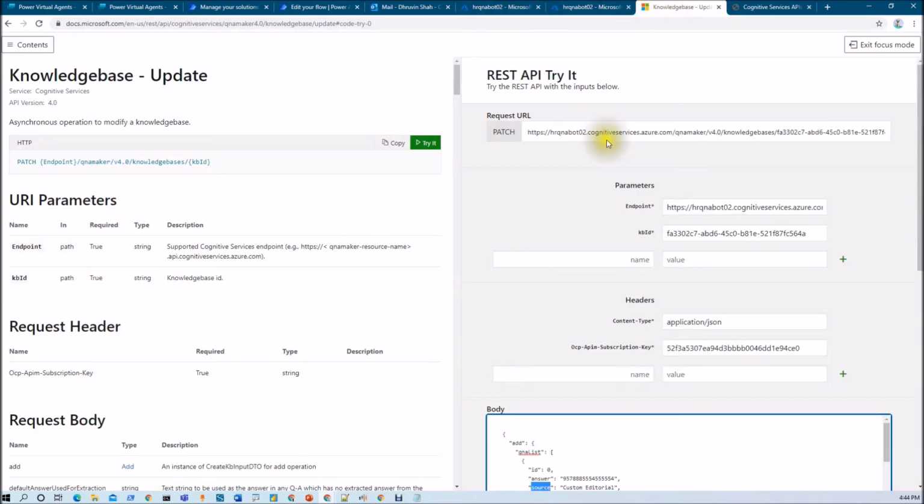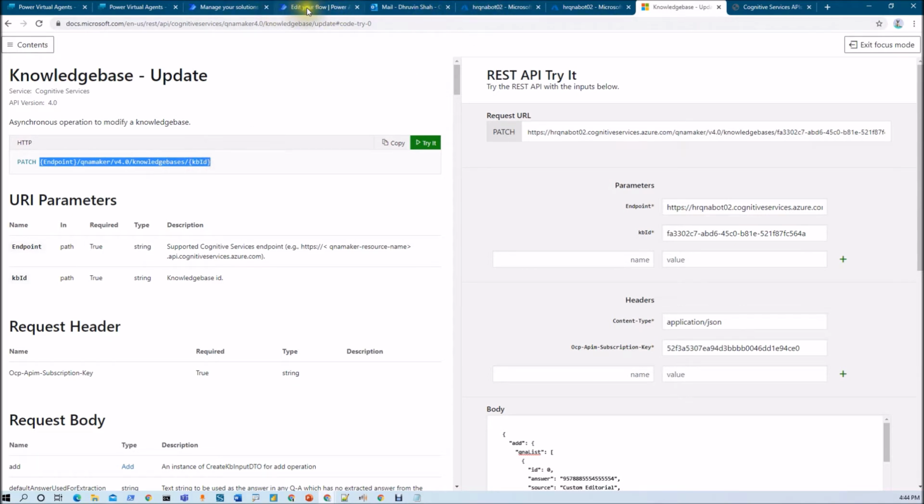It is the combination of your endpoint, then qnamaker/v4.0/knowledgebases, and then the knowledge base ID. This is the endpoint URL and this is the syntax of it: endpoint/qnamaker/v4.0/knowledgebases/KBID, right?